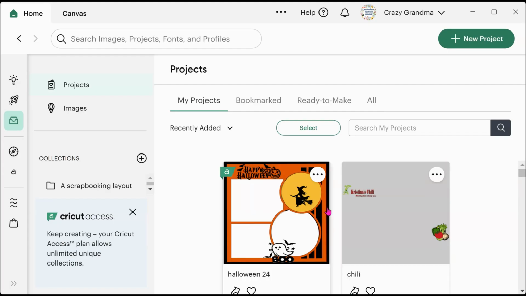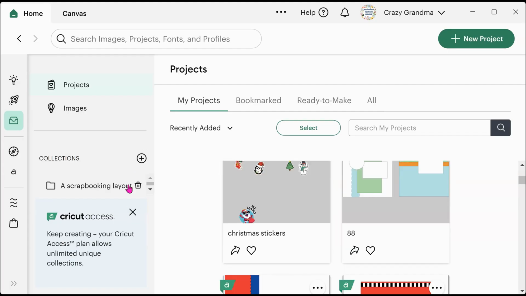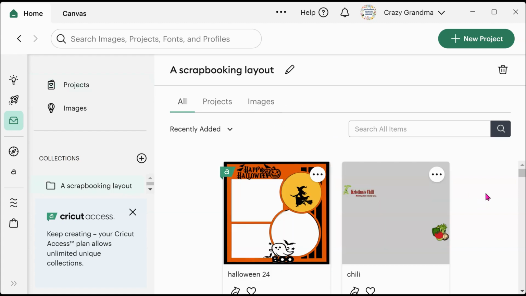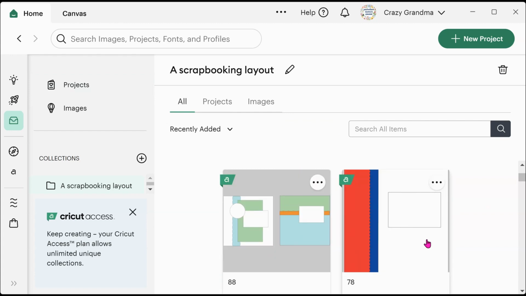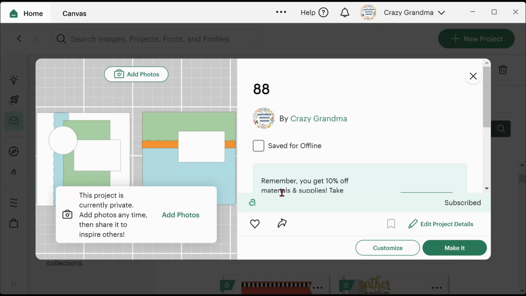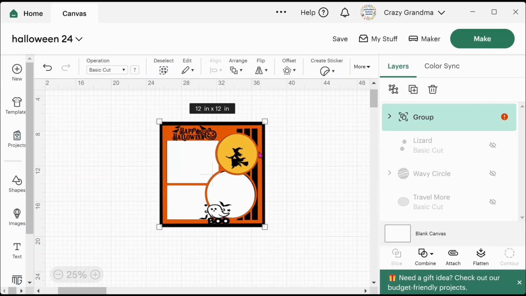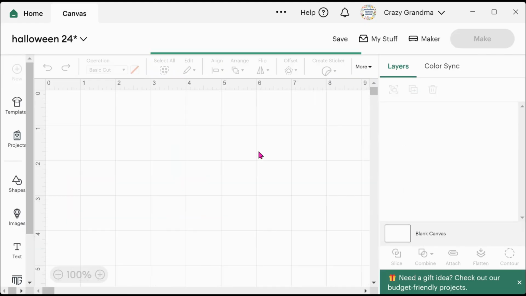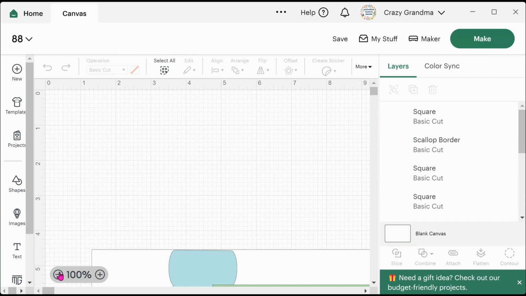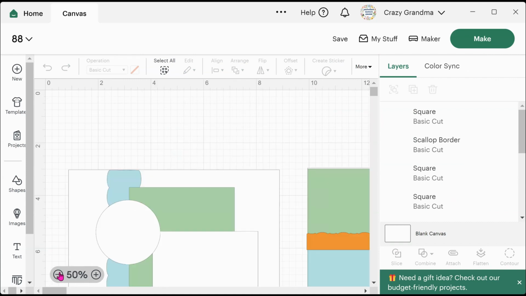But you can see when I do I have scrapbooking and layout. Some of these I've done, some of these I haven't. Like this is one I'm working on for my daughter's chili recipe. Here's one I was working on, some layouts I was working on to do a couple of layouts, and I'm just playing around with the design of how I think I might want a couple of these layouts to do. If my internet would be a little faster for me, you guys would appreciate it. I know you would. So here's a couple of the ones that